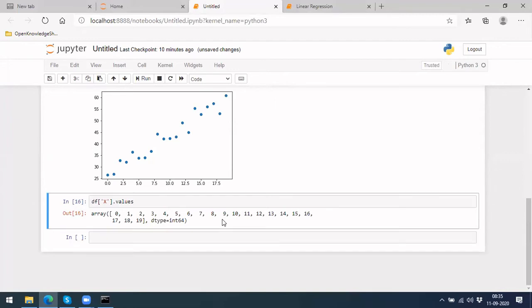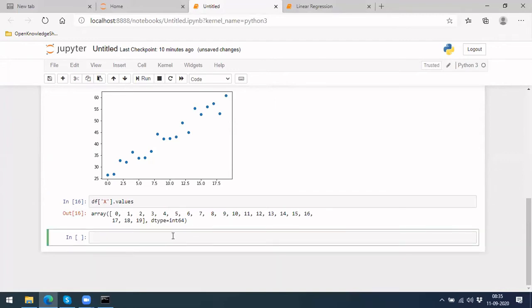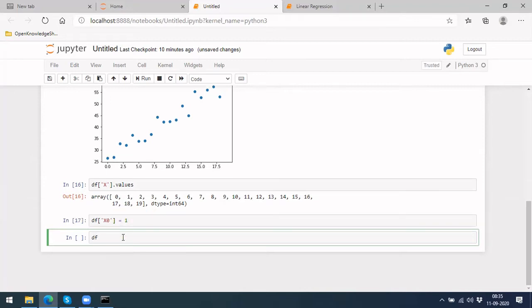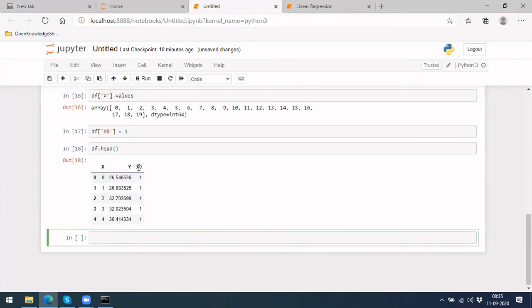For this we also have to add one more, which will be x naught as 1. If it is the same number everywhere, we can add it like this. I am making x0 equal to 1. Let's see how this will change. See, it has created a new column x naught with 1.